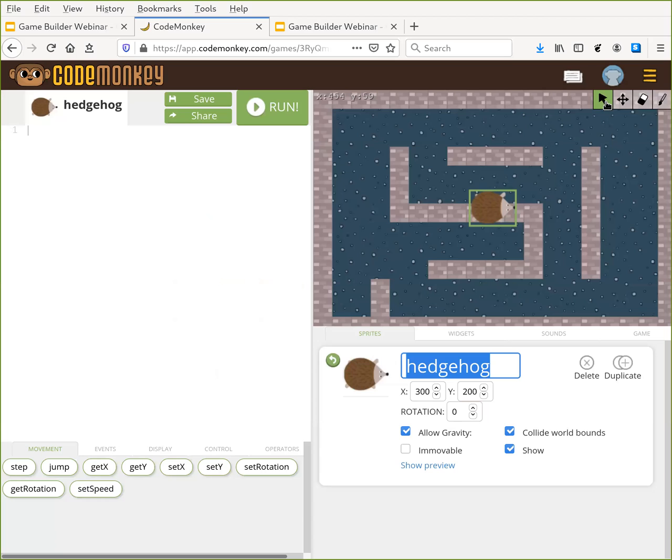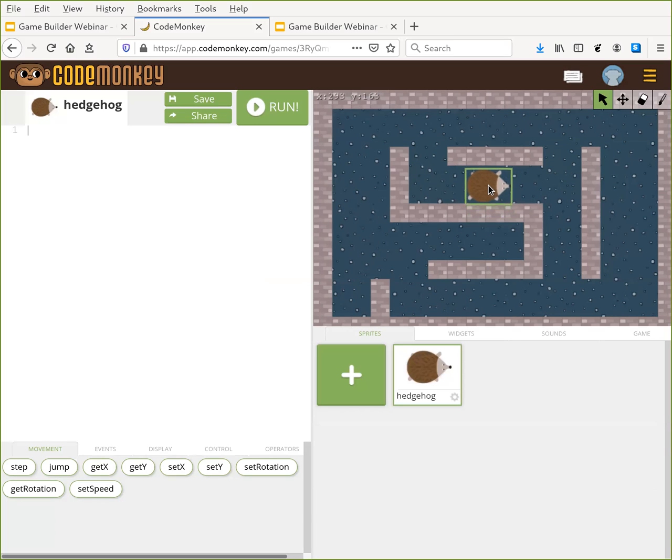Making sure you've got the movement tool here, the selector tool, I can move the hedgehog so he's not standing on a wall. And there we go. Now there's still one little issue with this. And again, I only know this because I've practiced making this game. You can see the hedgehog fits between the walls, but only just barely. We're going to see that when we start moving the hedgehog, when he gets about here, if he stays this size, he's not going to have room to turn and move up and down. We're going to actually have to make the hedgehog into a slightly smaller character.